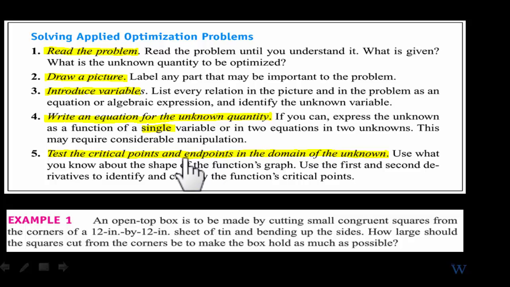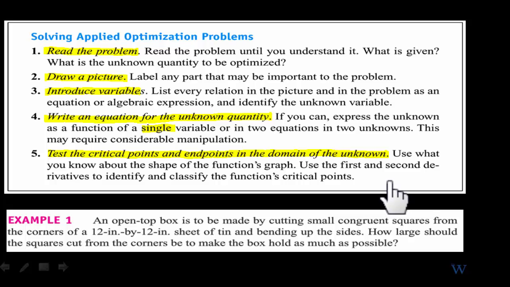Now remember, these values should make sense, because you can't have a negative length and so on and so forth. Use what you know about the shape of the function's graph. Use the first and second derivatives to identify and classify the function's critical points. So once you get a critical point, take the second derivative, plug in the critical point, and then if it's concave up, then you've got the value of the variable that minimizes, or if it's concave down,